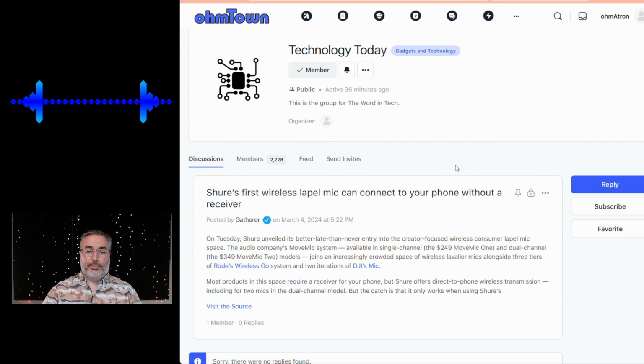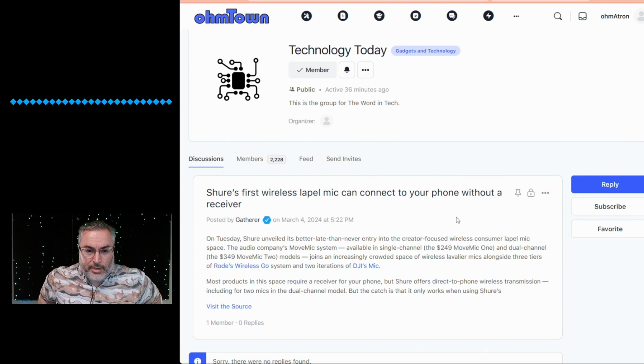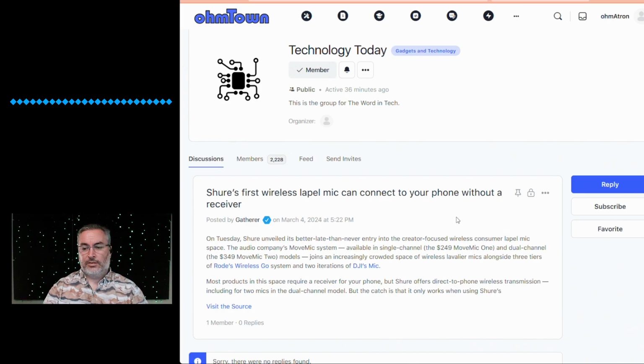The first article is over in TechnologyToday. Shure's first wireless lapel mic can connect to your phone without a receiver, but it's actually pretty expensive if it is the one that I thought that it was. So it says on Tuesday, Shure unveiled a better late than never entry into the creator-focused wireless consumer lapel mic space. The audio company's Move Mic system is what they're calling it. Available in single channel, the $249 Move Mic 1 and the dual channel $349 Move Mic 2 models join an increasingly crowded space of wireless lavalier mics alongside 3 tiers of Rode's Wireless Go system and 2 iterations